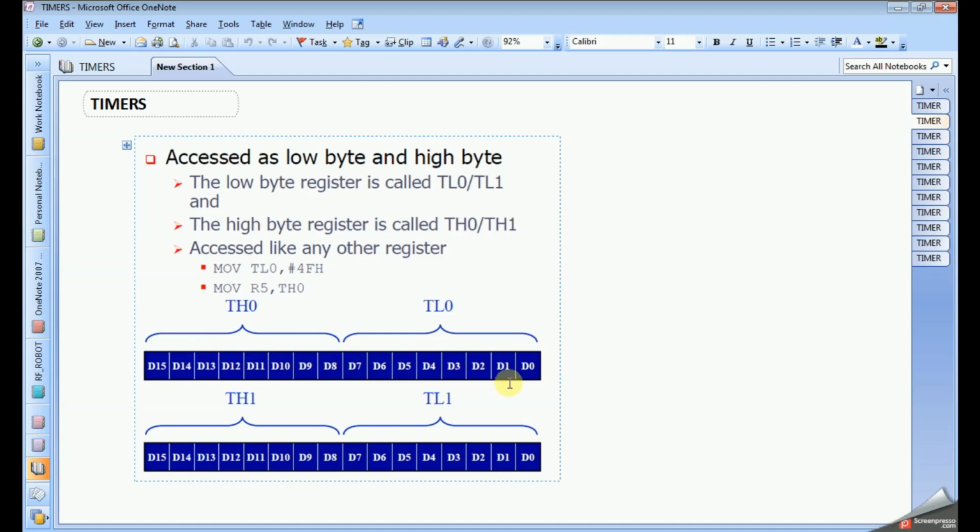So the timer looks like this. There are bits from D0 to D15, a total of 16 bits wide. This can be accessed as TL0 and TH0 for timer 0, and TL1 and TH1 for timer 1.